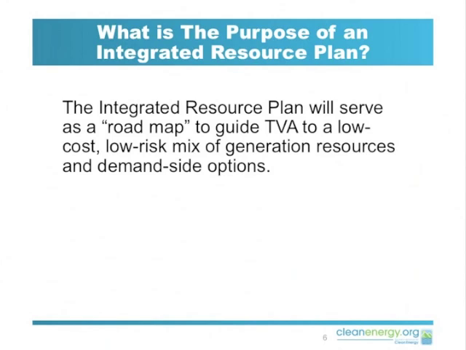Now, I want to point out this roadmap analogy here. That's actually fairly relevant. It's not a detailed plan. It's not a blueprint. It's a roadmap. In other words, what we want to make sure is that we've got the roadmap for Tennessee and not for France, okay? We want to make sure that we know we're heading to Memphis, I guess, and not Paris, France, okay? But once we know that, we can use the roadmap to figure out how to get from here to there. There might be some delays along the way. There might be some detours, some blockages, but once we've got the map, we'll know how to get to where we want to go.